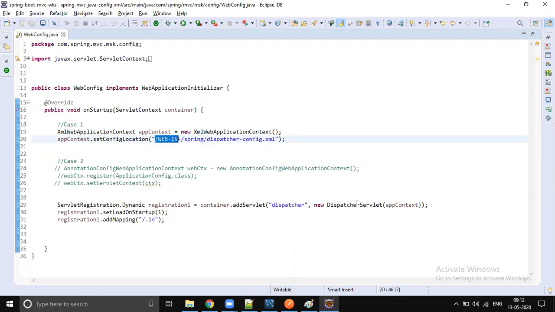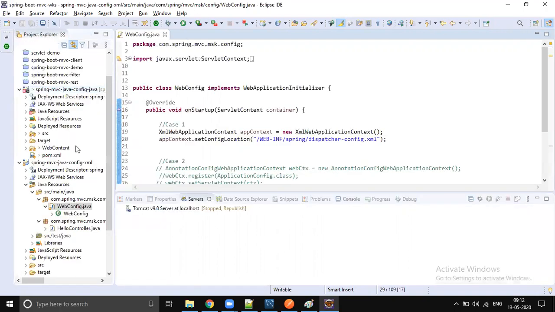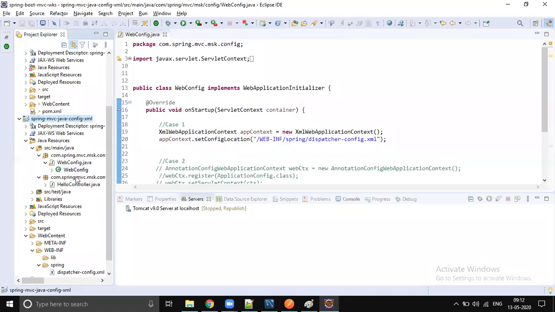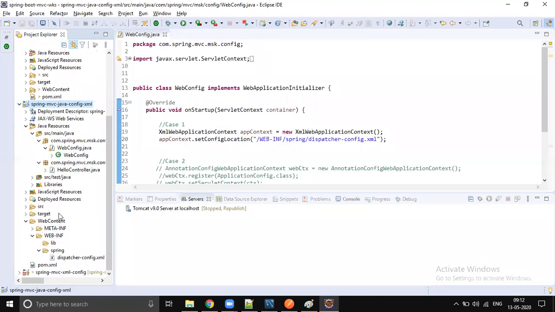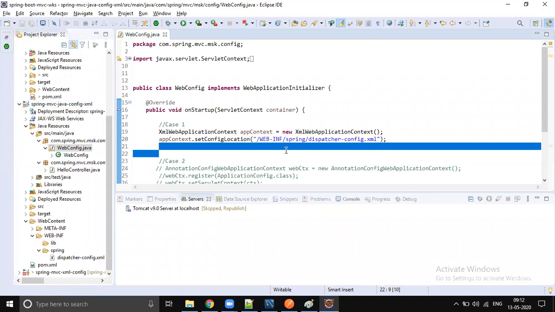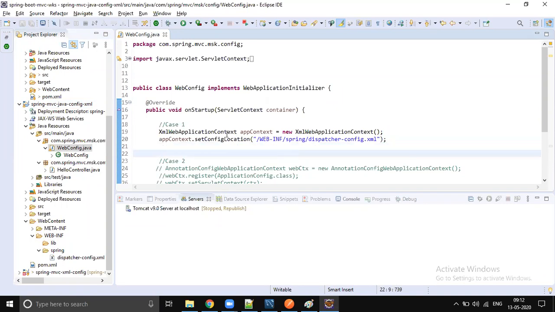See, in the Java config-XML, there is no web.xml file, but my Spring configuration is in XML. Without a web.xml file, if you want to do XML configuration, you do this.